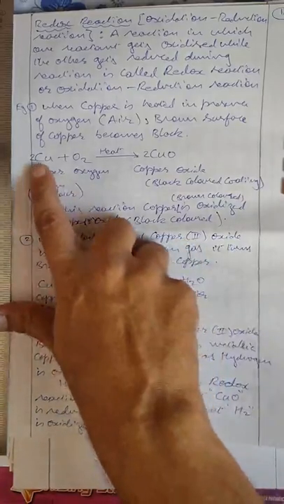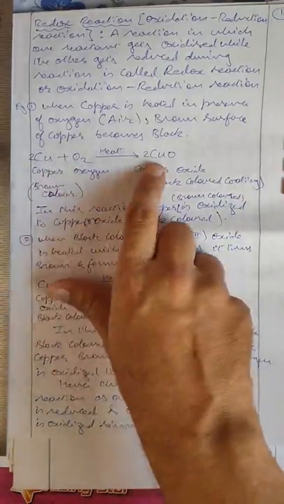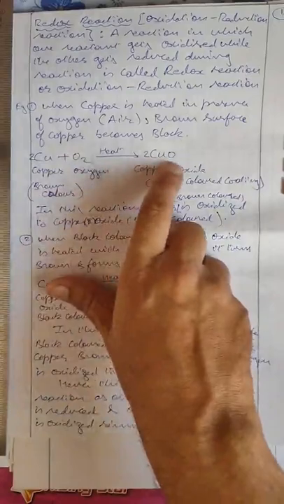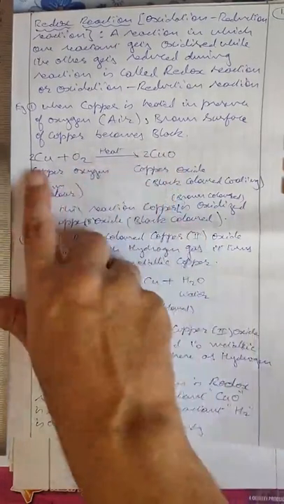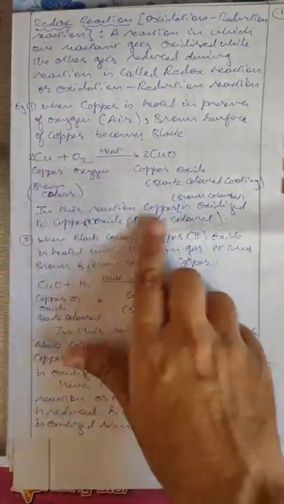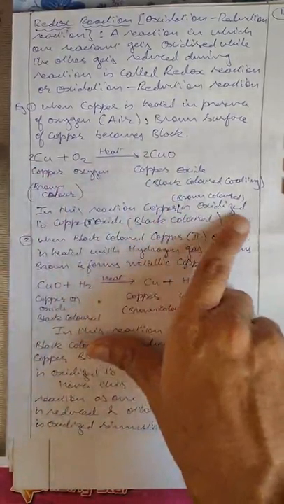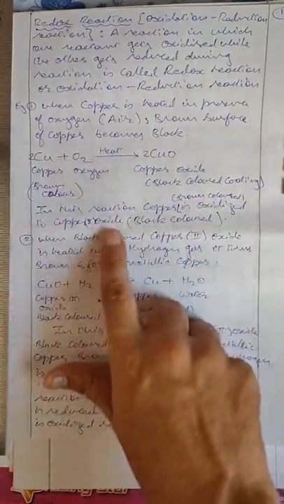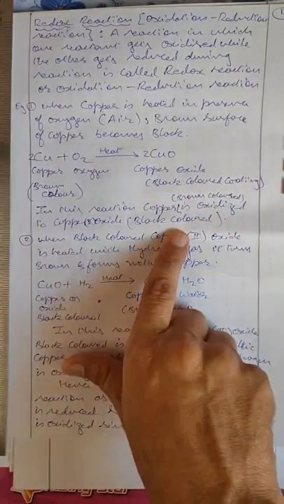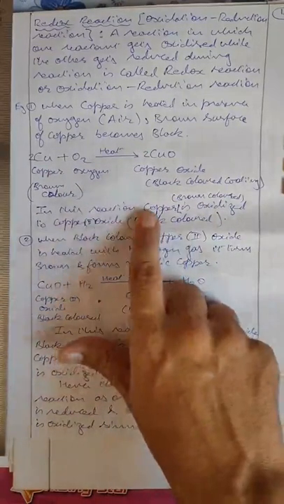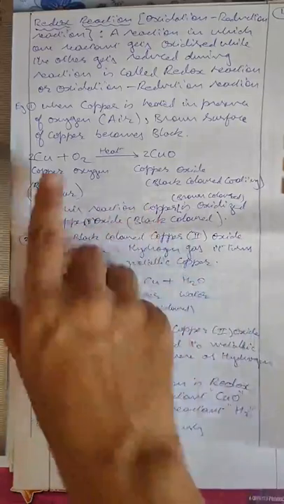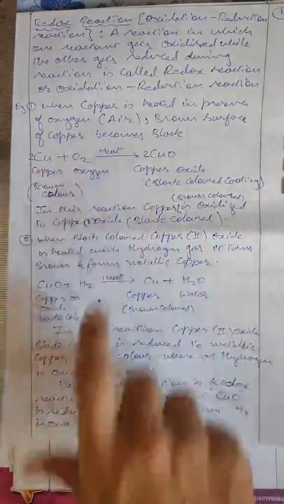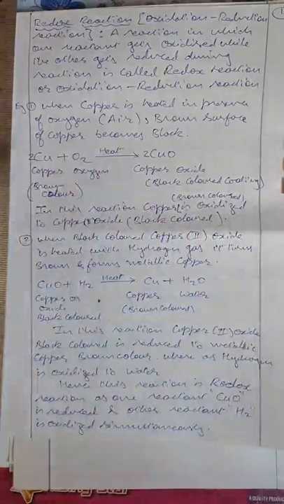Copper has oxidation state 2 in CuO, so we have to put 2 here, and we have to put 2 here because oxygen is O2, so we get 2CuO. When you have 2 copper, that is why you put 2 here. In this reaction, brown colored copper is oxidized to copper(II) oxide, black colored. So what type of reaction is it? Clearly oxygen is getting added, so it is oxidation. We say copper is getting oxidized.